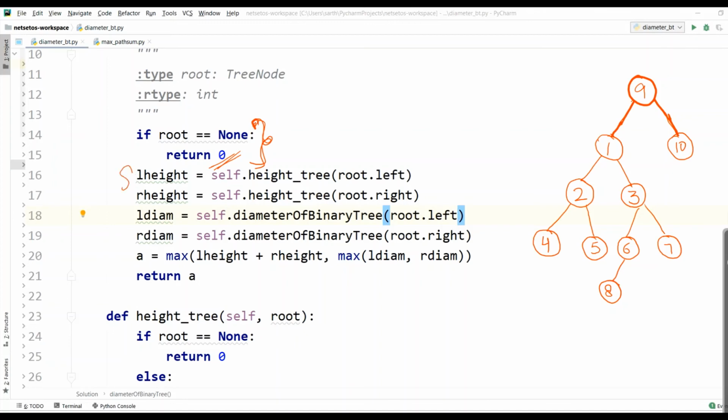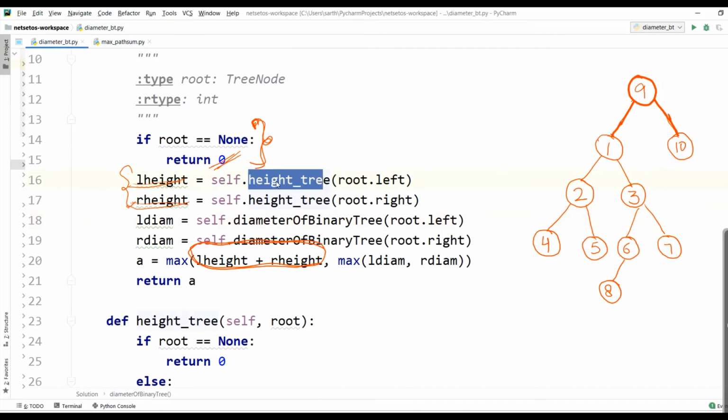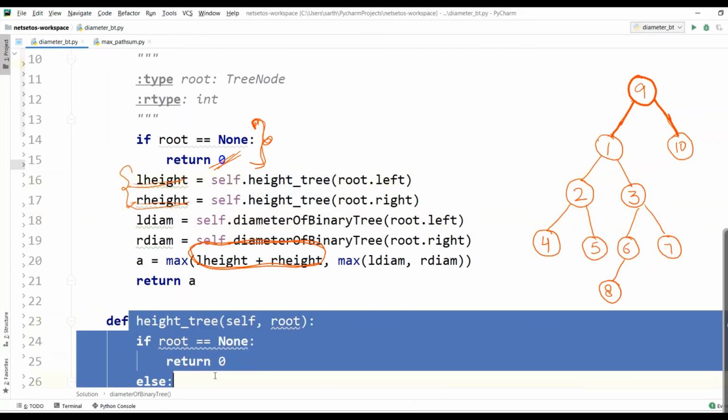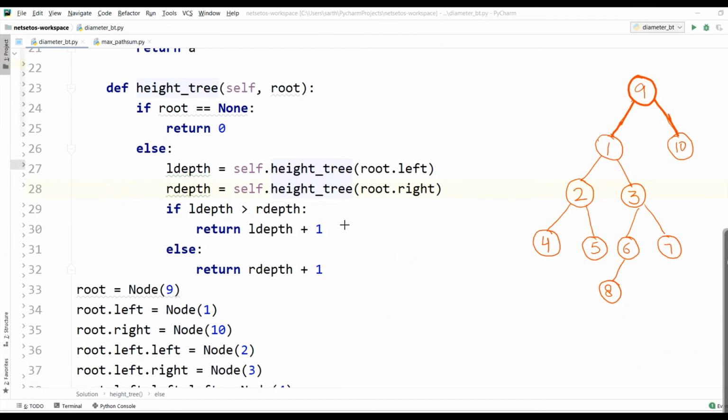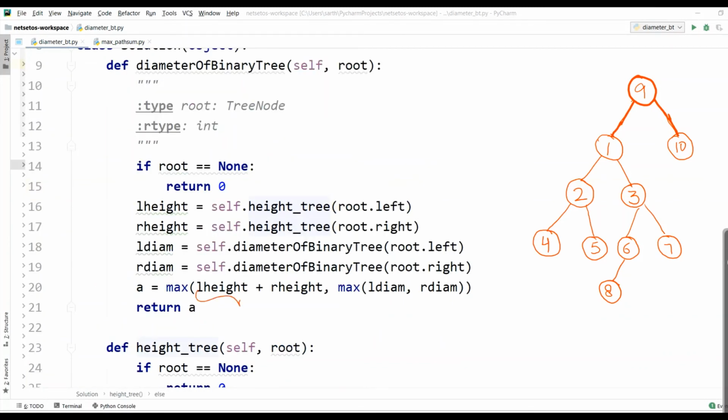Otherwise it will first calculate L height and R height, and include L height and R height here. And if we go to this height function, I have made a function for it, which takes the root. So with this I got the with-root condition and also without root.